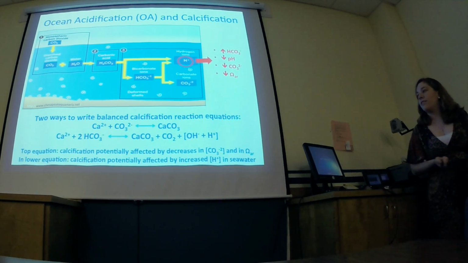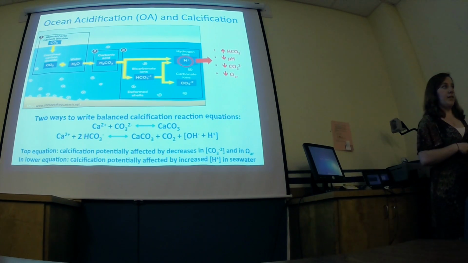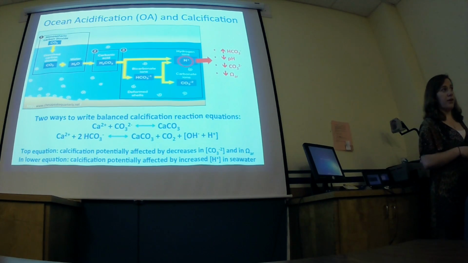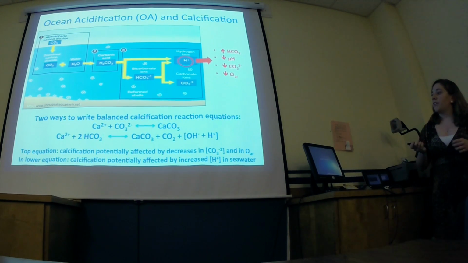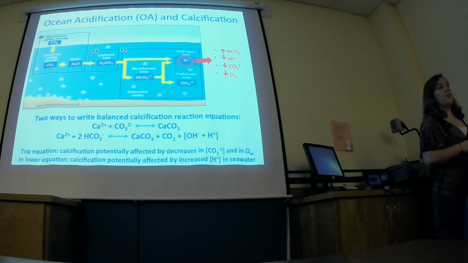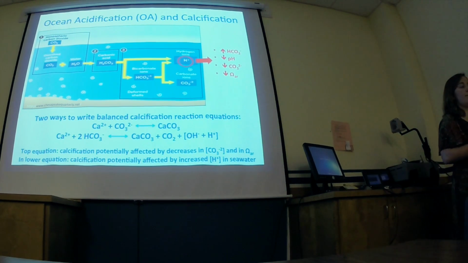So what we see from these two equations, if we look at the top one, we notice that there is carbonate in the equation. And so if we're reducing the concentration of carbonate in seawater, then theoretically we'll see some sort of impact of saturation state and the reduction of calcium carbonate influencing the availability for calcification. And in the second equation, we see more of an influence on these extra protons being created, causing a decrease in pH, thus affecting the calcification of the corals.